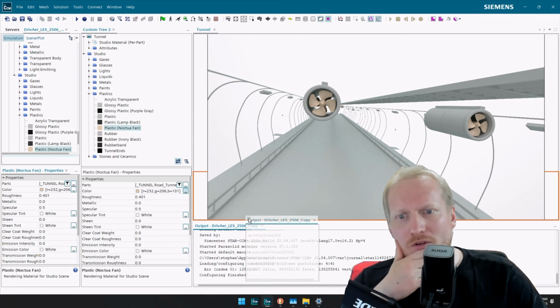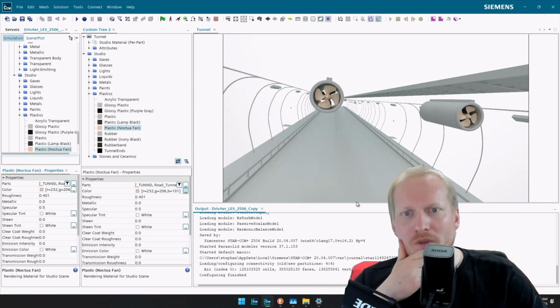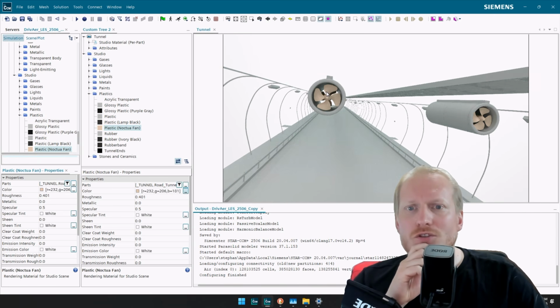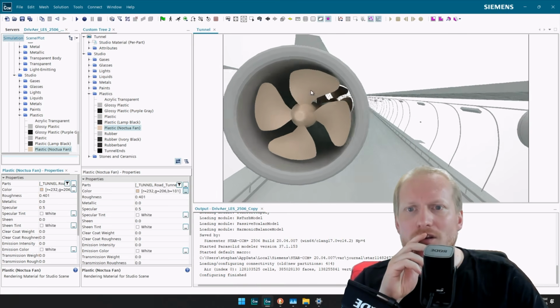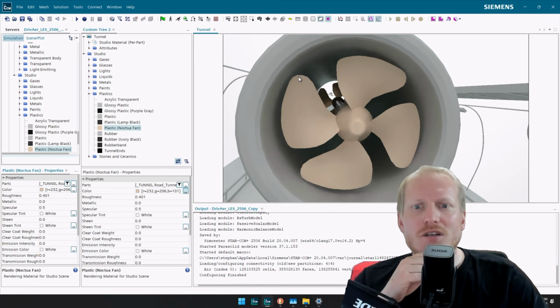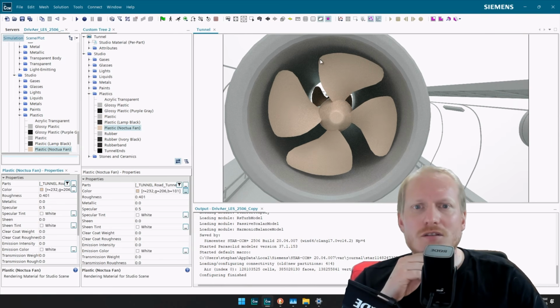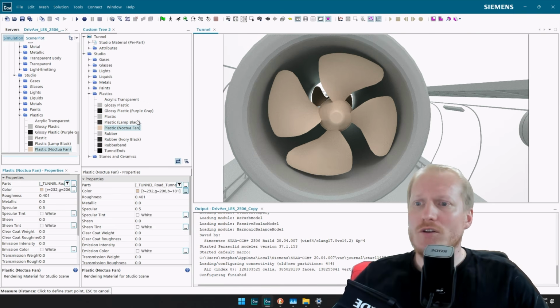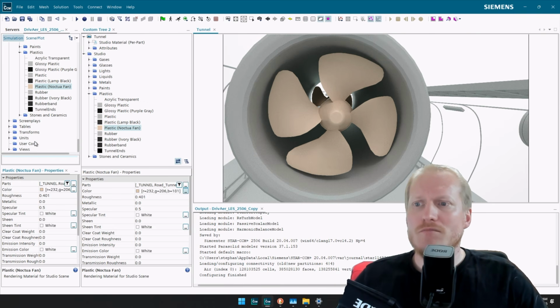How to make this rotate in our end product. And for that, we are first measuring out these things. No, we're not. We are first making a new